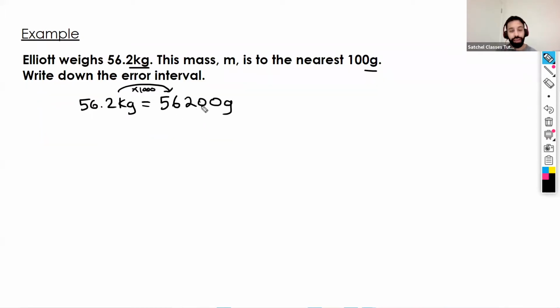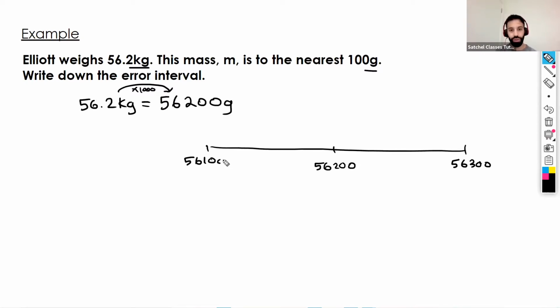So now this number to the nearest 100, now we can work out the error intervals. So I'm going to draw my number line. So I've got 56,200. The next 100 up, because we're working to the nearest 100 grams, is going to be 56,300, and the next 100 down is going to be 56,100. And again, our lower bound is therefore going to be